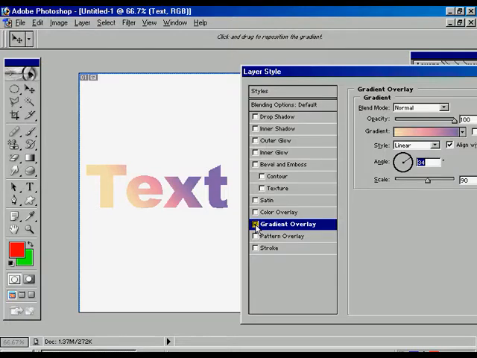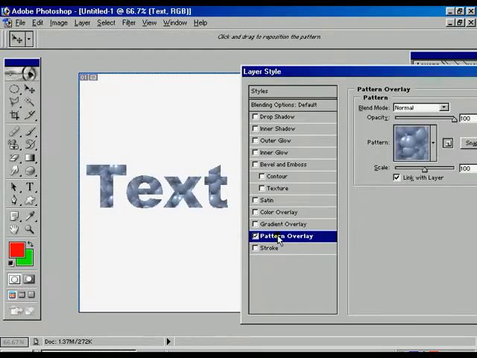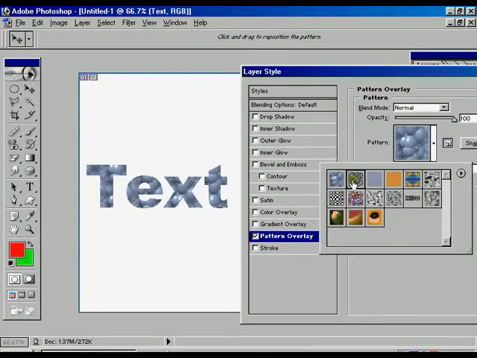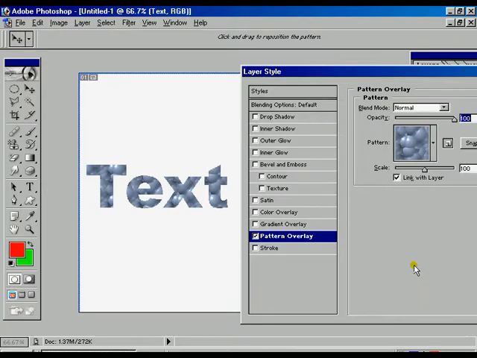Now there is another option called the pattern overlay, where we already have different types of patterns. We can choose that one, and we can scale that pattern, and we can change the opacity also.